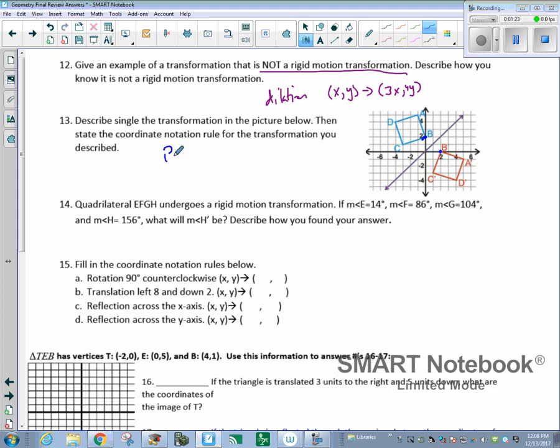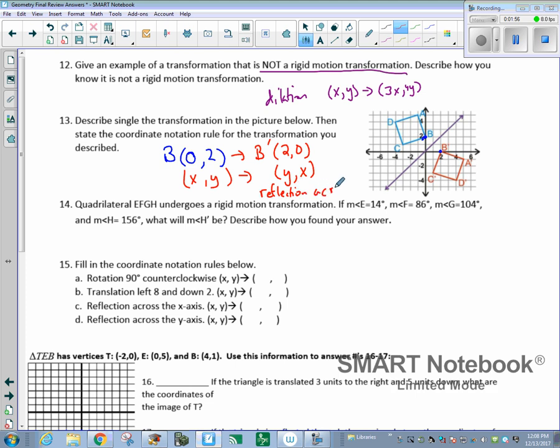Point B is (0, 2) and has been transformed to B prime, which is now (2, 0). So if this is x and y, they have been changed places to y comma x. When we switch the x and y places, this is a reflection